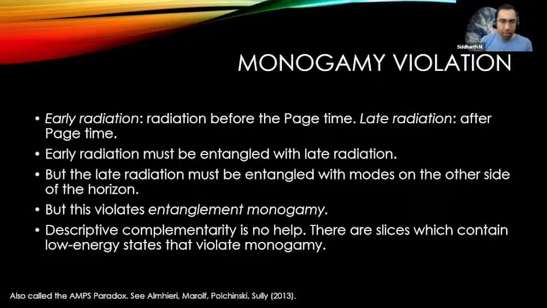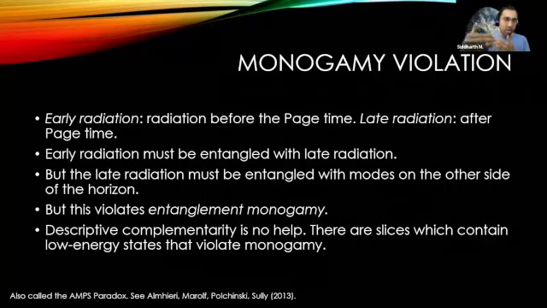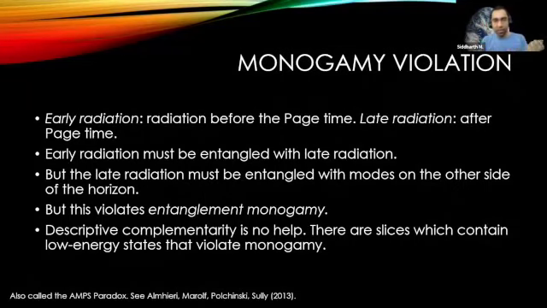The other thought experiment here, and I'll go through this quickly in the interest of time, is the violation of entanglement monogamy. Jonathan Bain also discussed this. So the idea is that if you call the radiation that comes out of the black hole before the page time early radiation, and the radiation that comes after the page time late radiation, then it must be the case that the early and late radiation must be highly entangled, because the radiation is starting to purify, and so the only way that can happen is if there's a large amount of entanglement. However, Hawking's calculation tells us that the